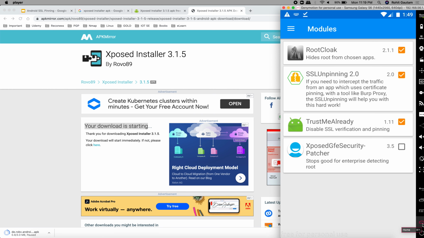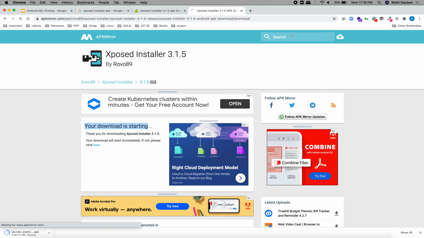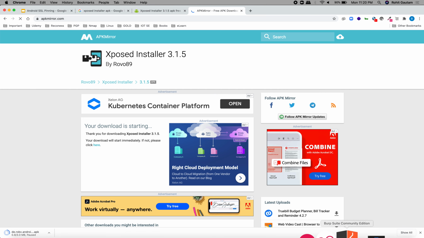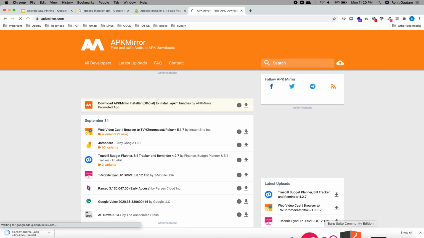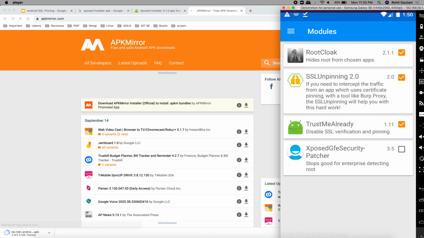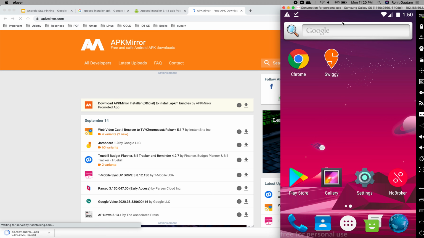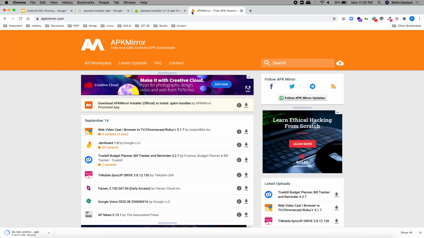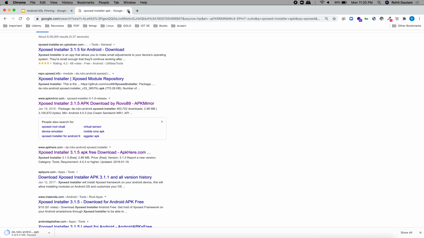Okay, now we want a testing application, so you can download any APK from the Play Store, or if you want, you can download any application from APK Mirror as well. You can search the application name over here and you will be able to download it. I have already downloaded many applications into this device from the Play Store, so I'm going to show you in one of the demo applications. So let's say for this particular demonstration, we take the application which is Swiggy and we show the demonstration. Alright, so I will just close this as well, and close this as well.